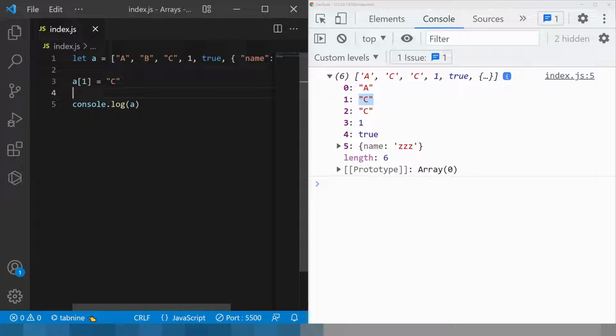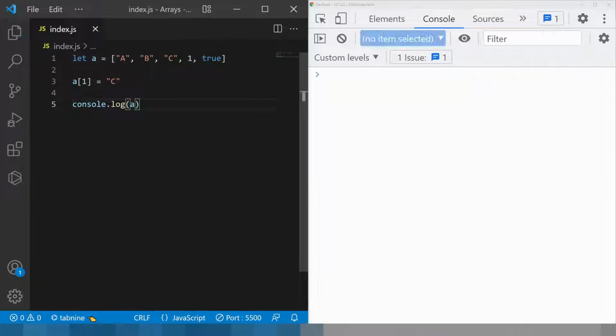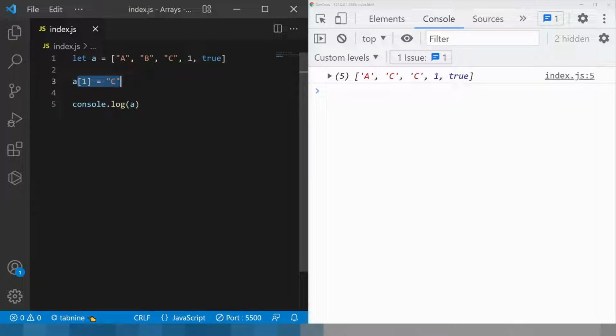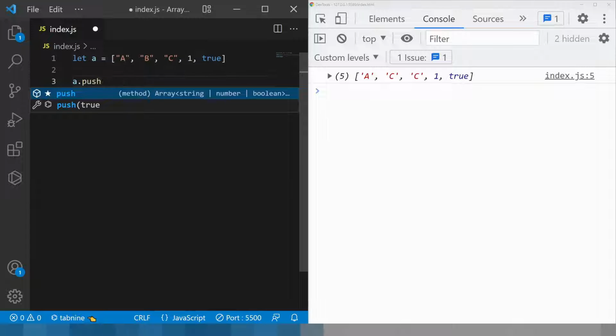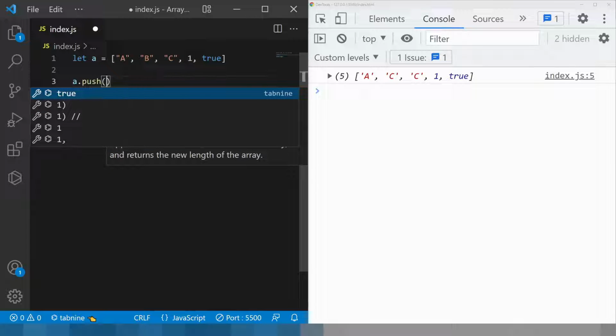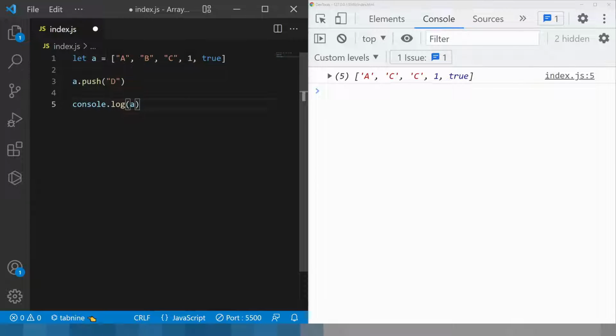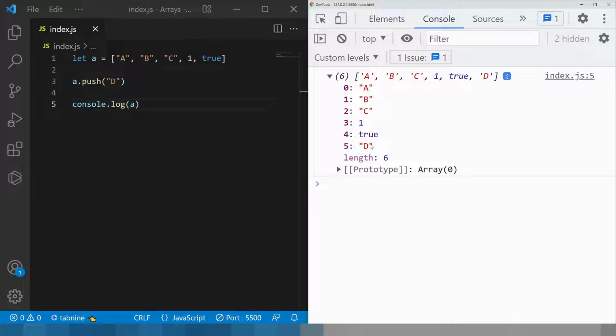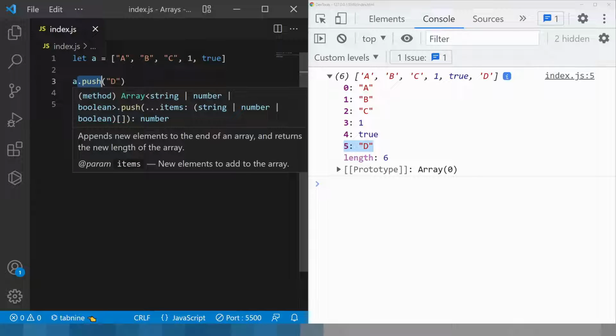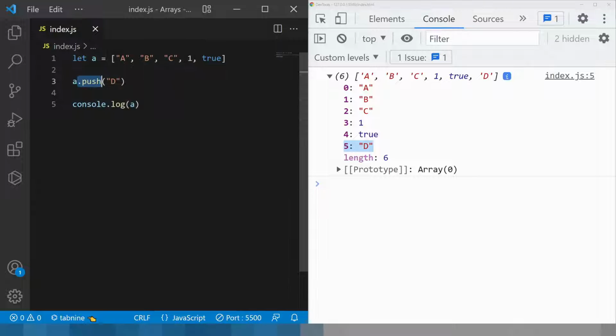To insert an element inside an array is pretty simple. What you have to do is, once you say array dot push, you can push any element. Here I can push D. Once you say D, the D will be pushed at the end of the array, which is the 5th index position. To delete, there are several ways to remove a particular element in an array called